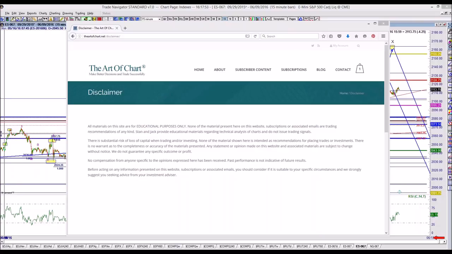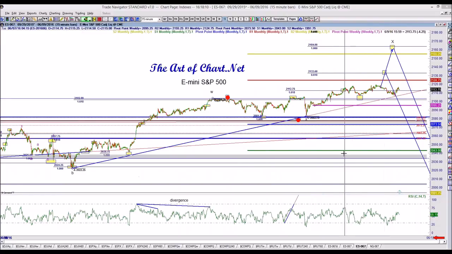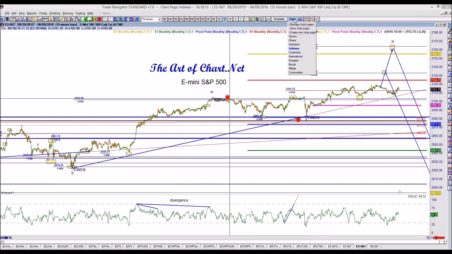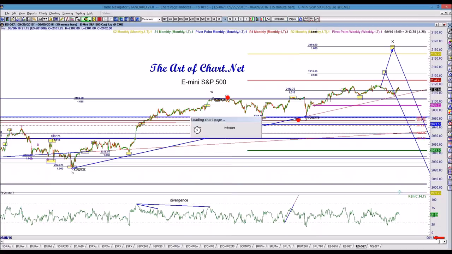Let's go. First question: what is the keep Stan out of trouble chart indicating, as well as any clues from cycle charts? I can get cycle charts up and running, but that'll take me a moment. What I can do now is take you to the keep Stan out of trouble chart. So let me go to indicators.